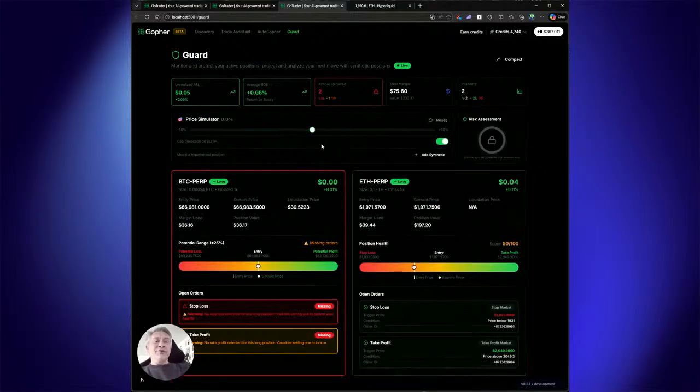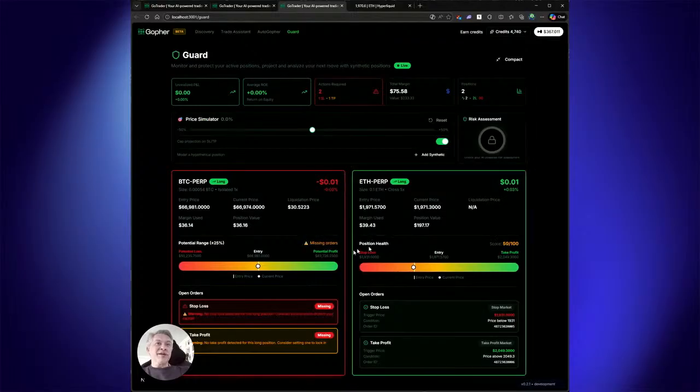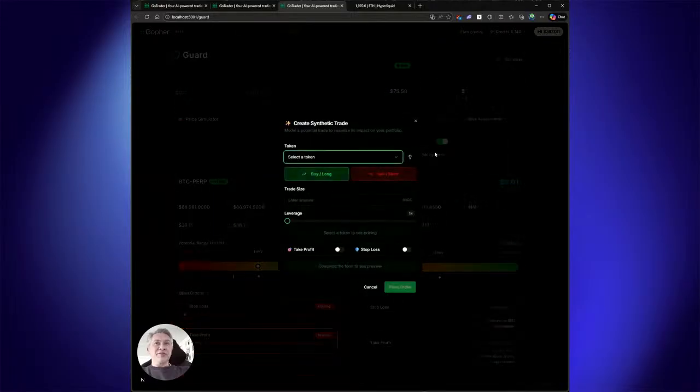But what we can also do now, if you're thinking about going into a trade, but you don't know what to trade just yet, you can now use this almost like a position modeling tool, not just a tool to actually look at your positions and make sure they're well protected with stop losses and take profit, but also now you can add a synthetic position. So we get a simple trade ticket form up here. You can select the token if you know what you want, but if you're looking for some inspiration, maybe an idea of what to trade, you can now hit on this